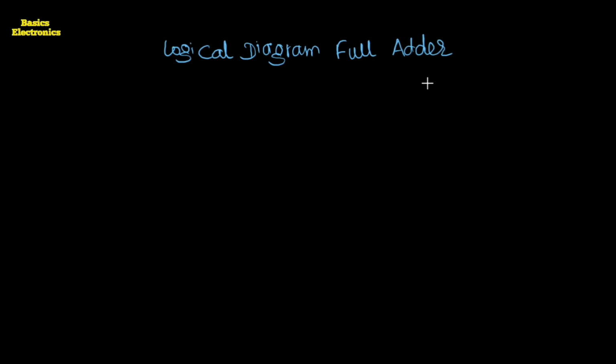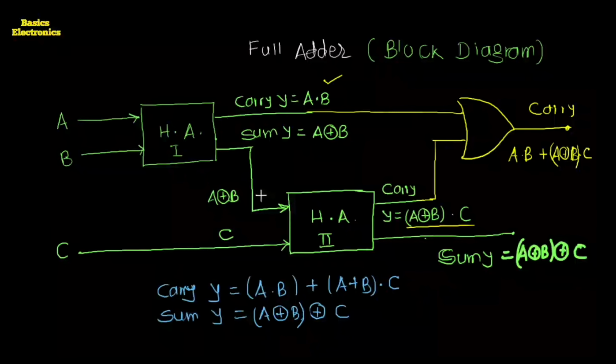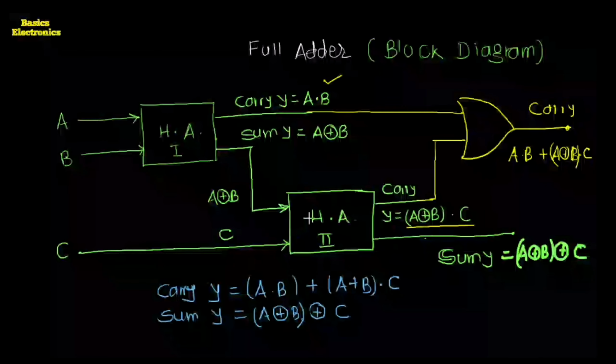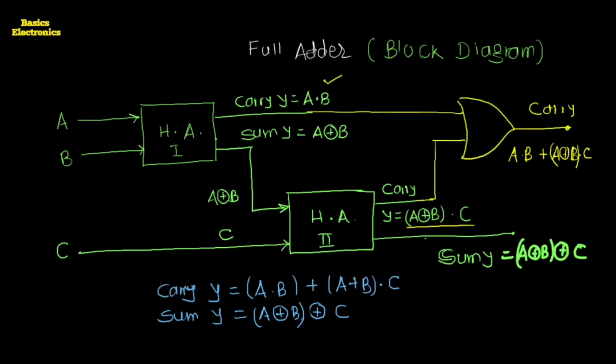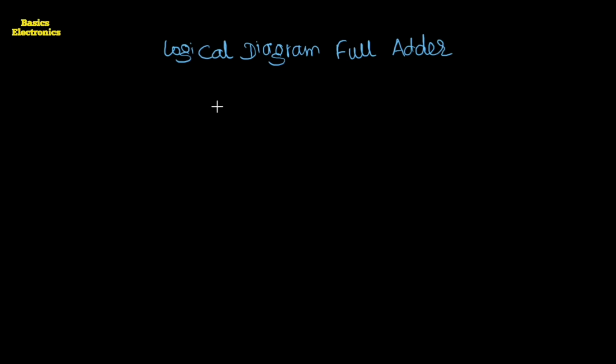But one can ask, what is the difference between the logical diagram and the diagram which we have drawn earlier? Here is that diagram. In this diagram, we use the block symbols of the half adder. Here we have to draw the logical diagram, and that logical diagram is the diagram using the actual logic